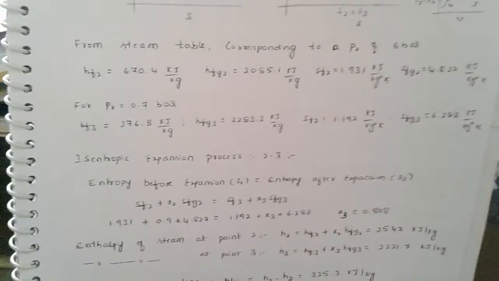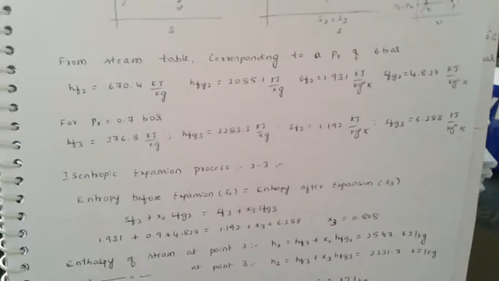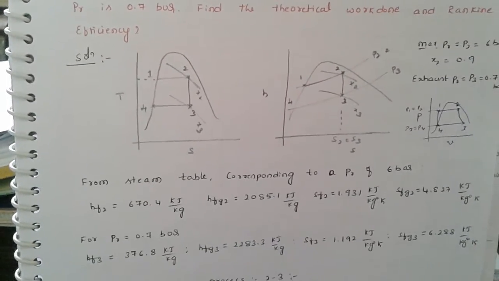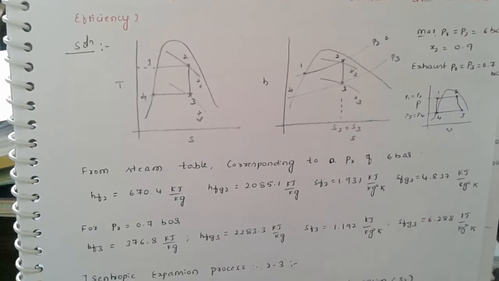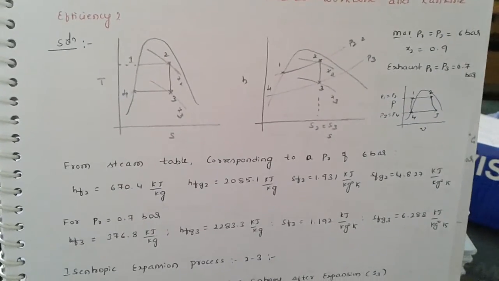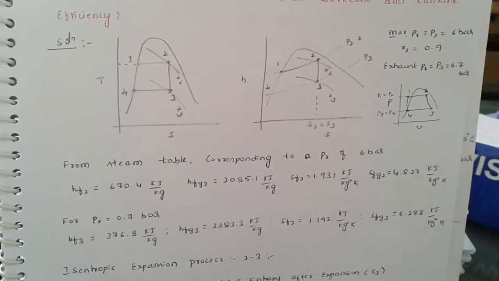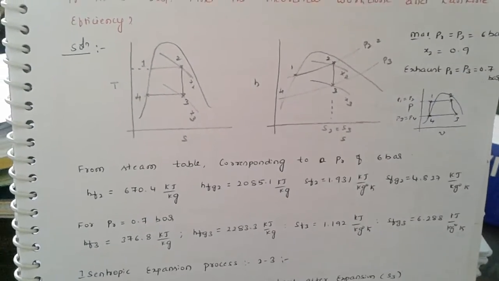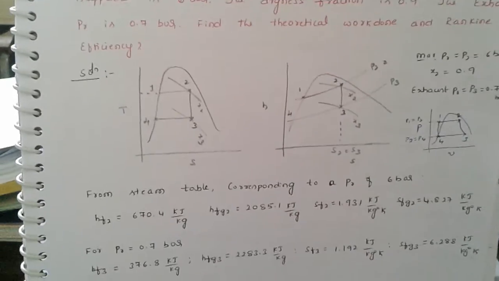Okay, this is all about simple problems on the Rankine cycle. Now I will stop here. In the next class we will solve problems on superheating of steam. This covered the dry saturated condition and wet condition, and how to draw the TS and HS diagrams. In the next class I will discuss superheating of steam.